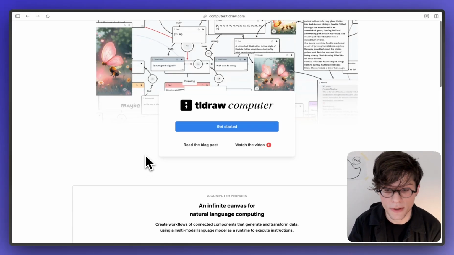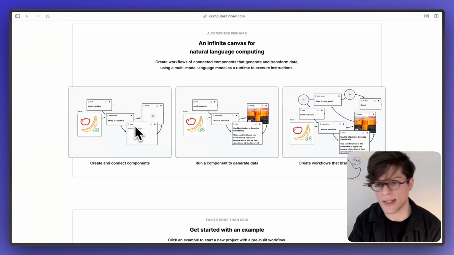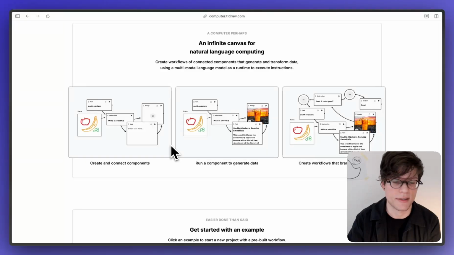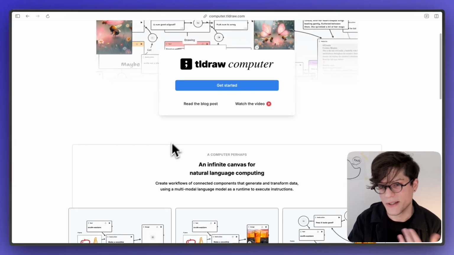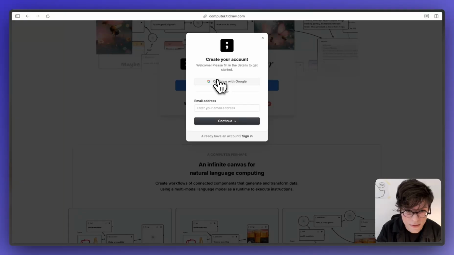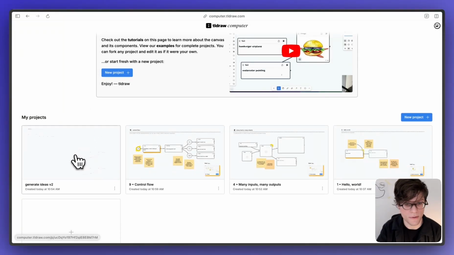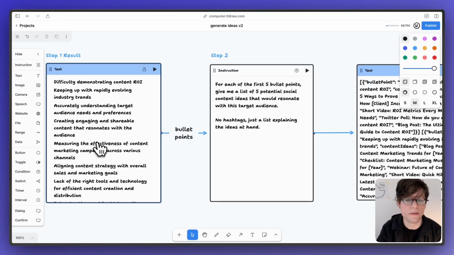They just released a computer that basically allows you to take nodes like text and images and actually process them and generate more text or images. You can see where this is going. And it's super whimsical and fun to use. Let's log in. Okay, so now I've logged in and I can show you basically what I'm working on right now, which is